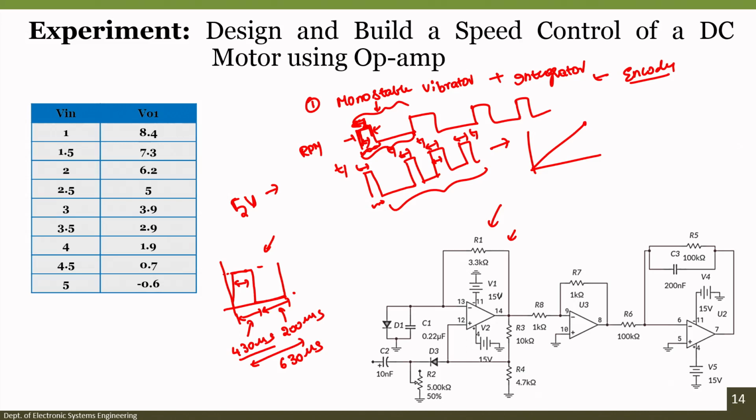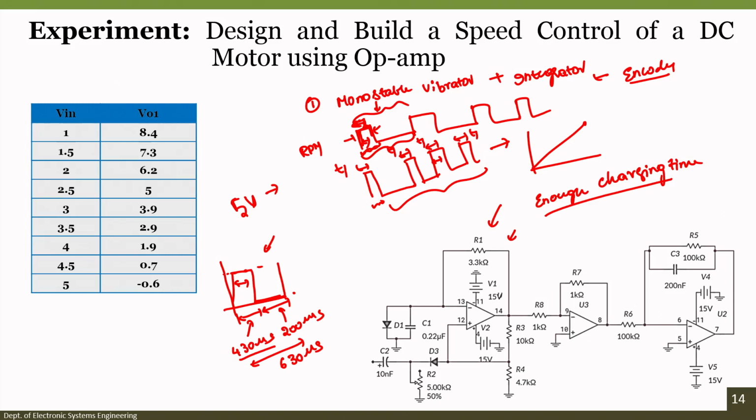Not only that, another important factor you have to consider when designing a monostable multivibrator is whether there is enough charging time of the capacitor. This also tells us about the discharging time of the capacitor, and whether during this time we have enough time for the capacitor to go to 0.7.